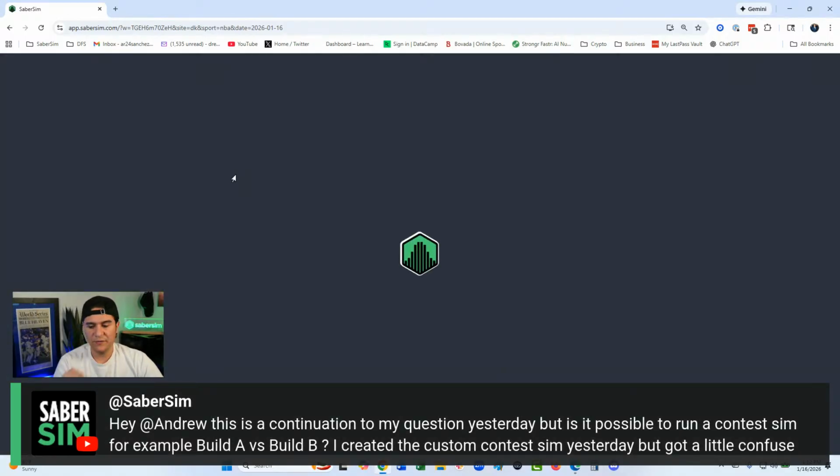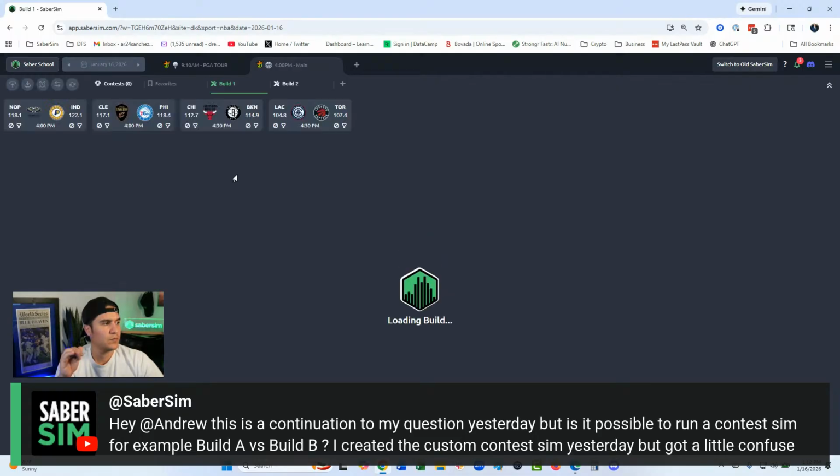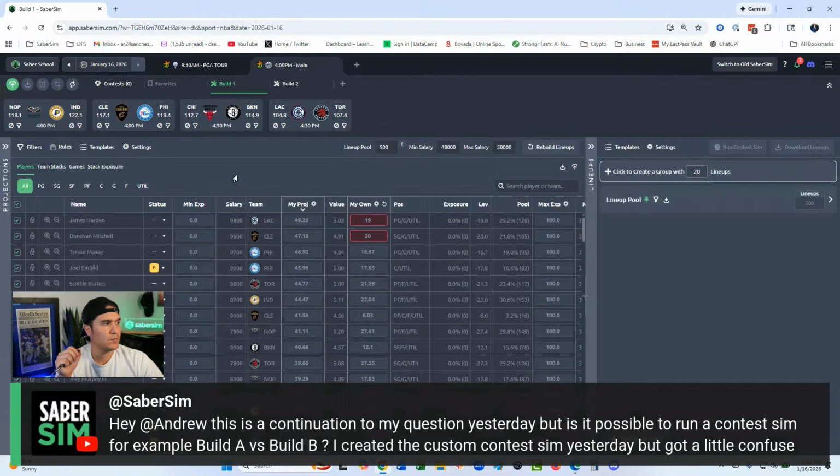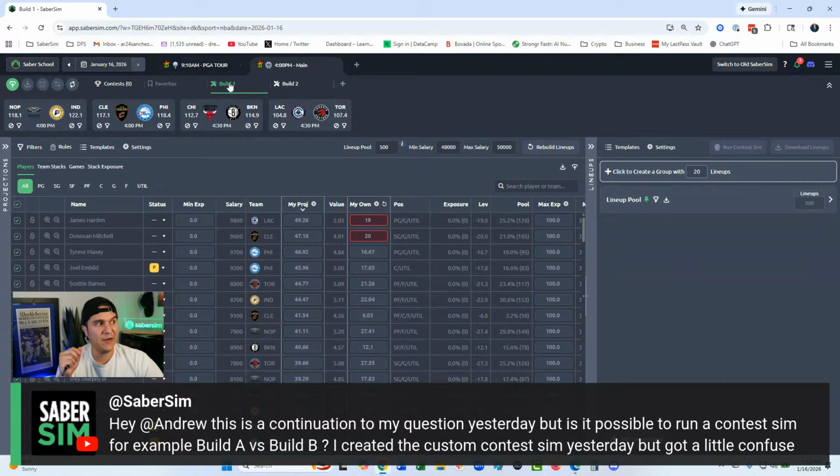Just doing a hard refresh here real quick. Build 1 also has 500 lineups. So right now we have build 1, 500. Build 2, I think, had 550. Okay. So then what I would do